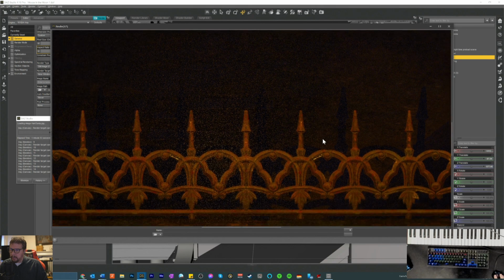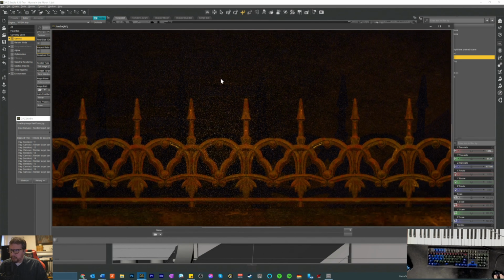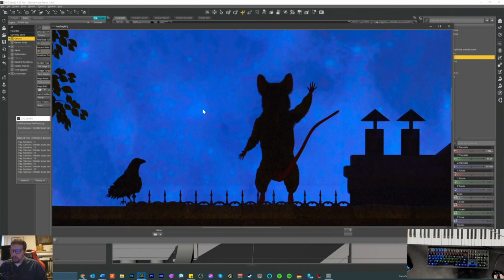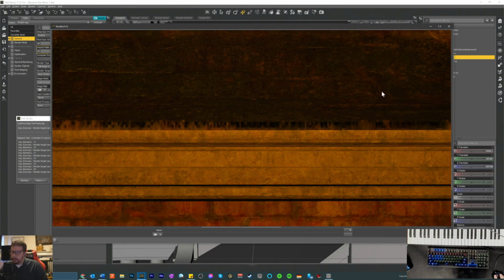And all of this looks good. Still have this bong here from my light, which I wish wasn't the case. So let's see what we have now. This is our scene. I think it's done. I've just got to sit and let it render for hours and hours on end,